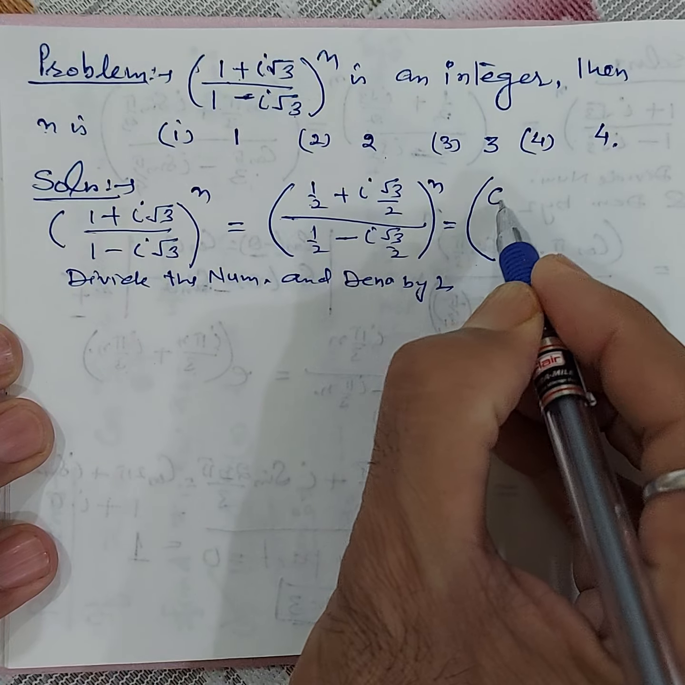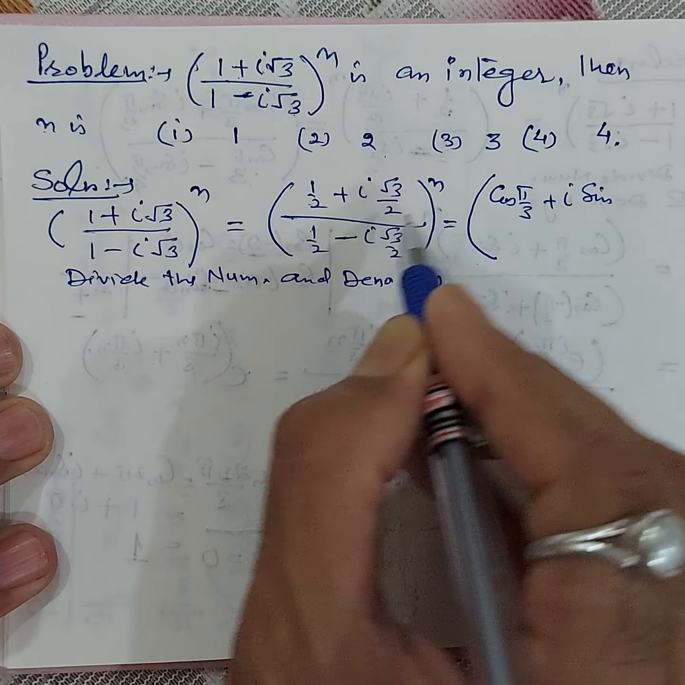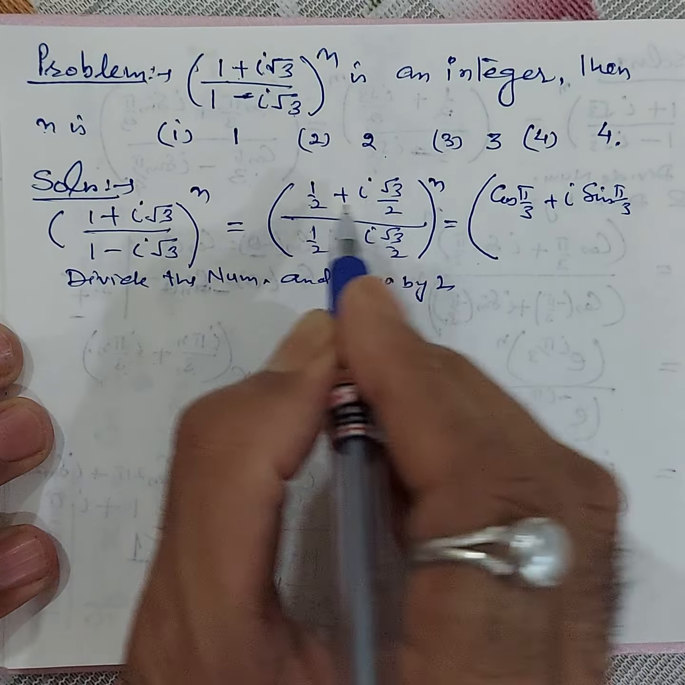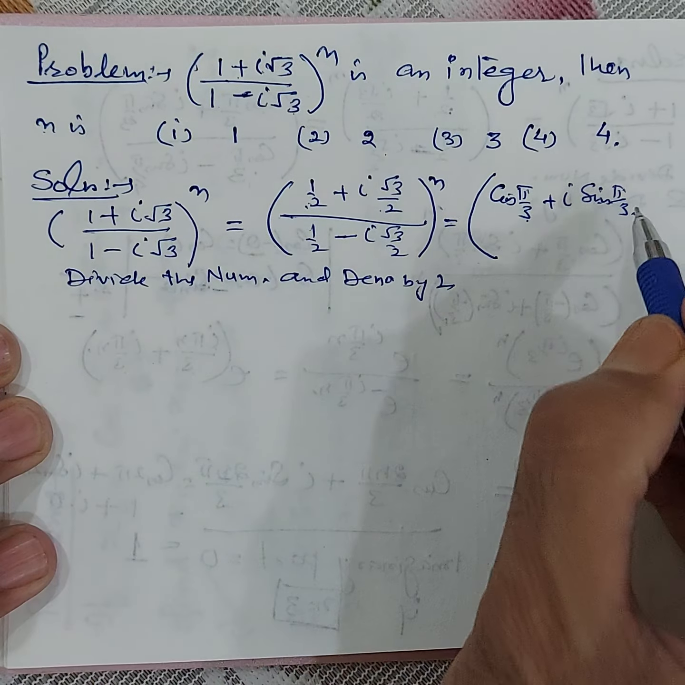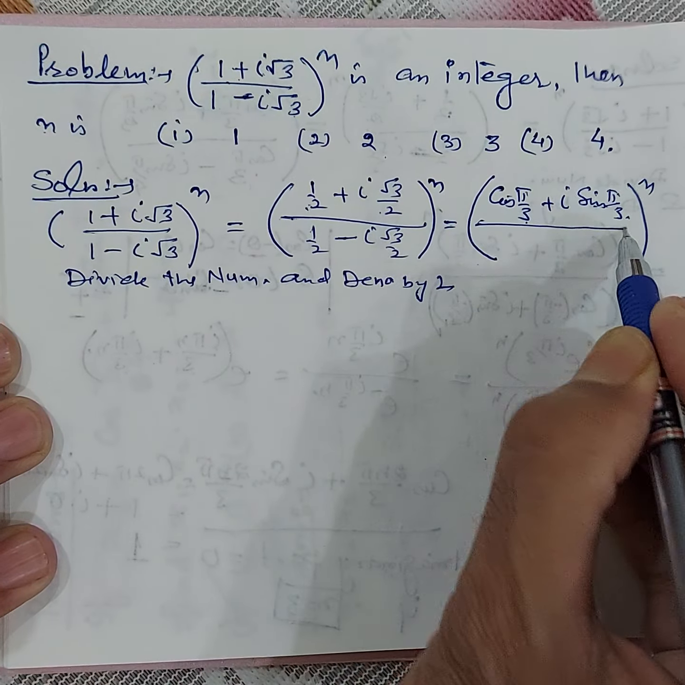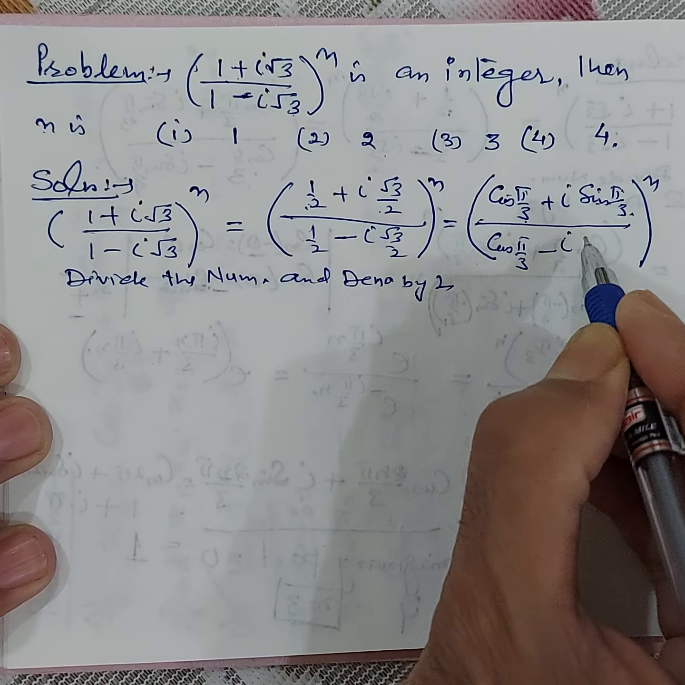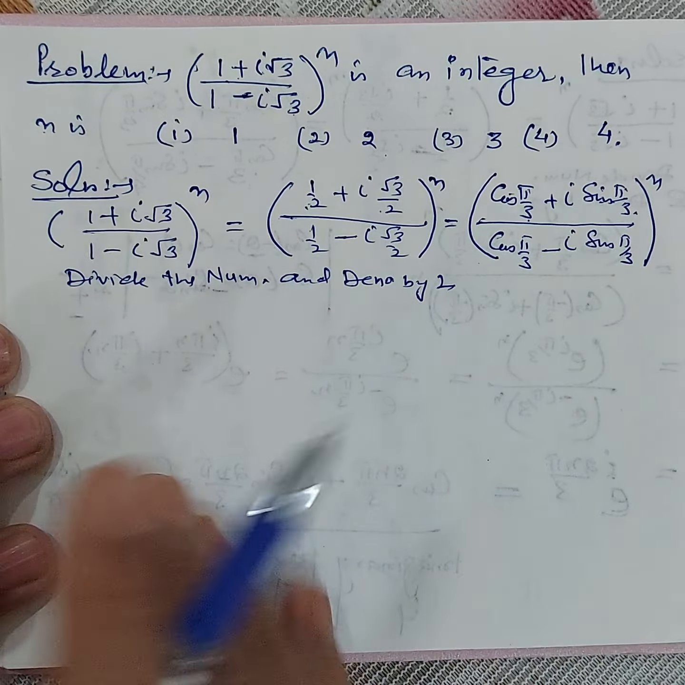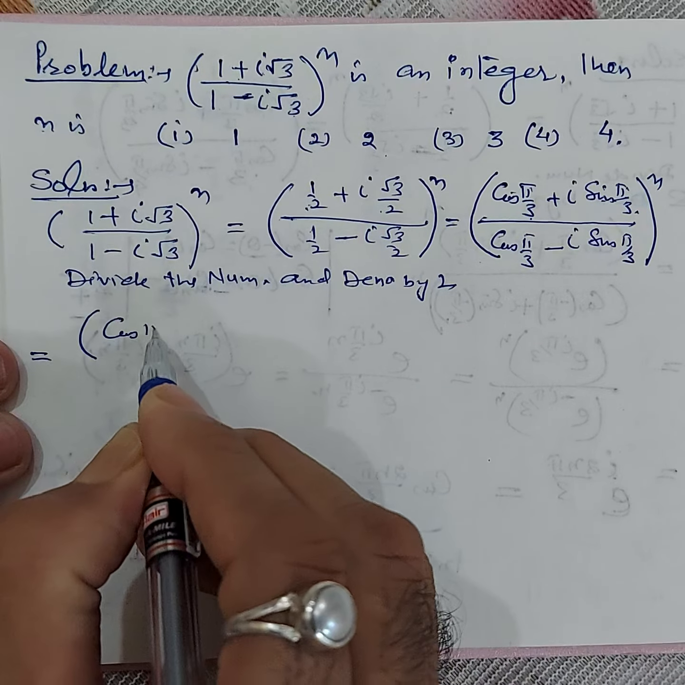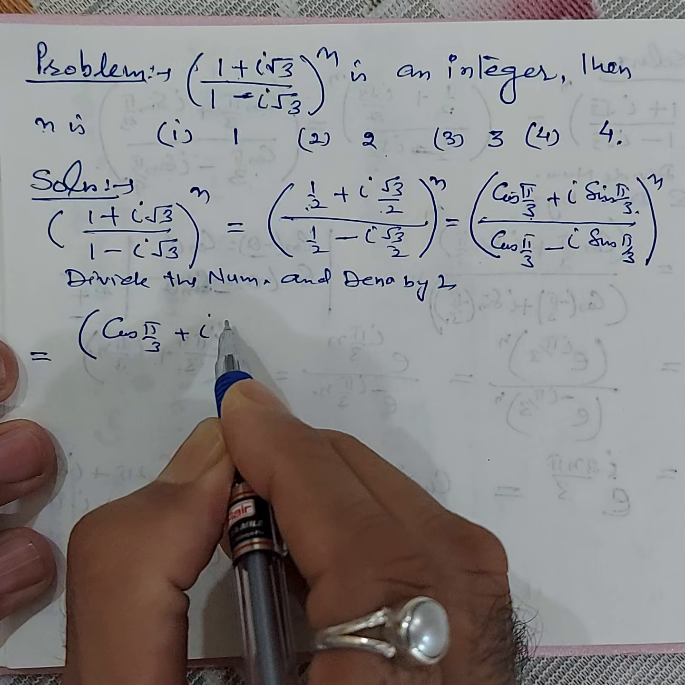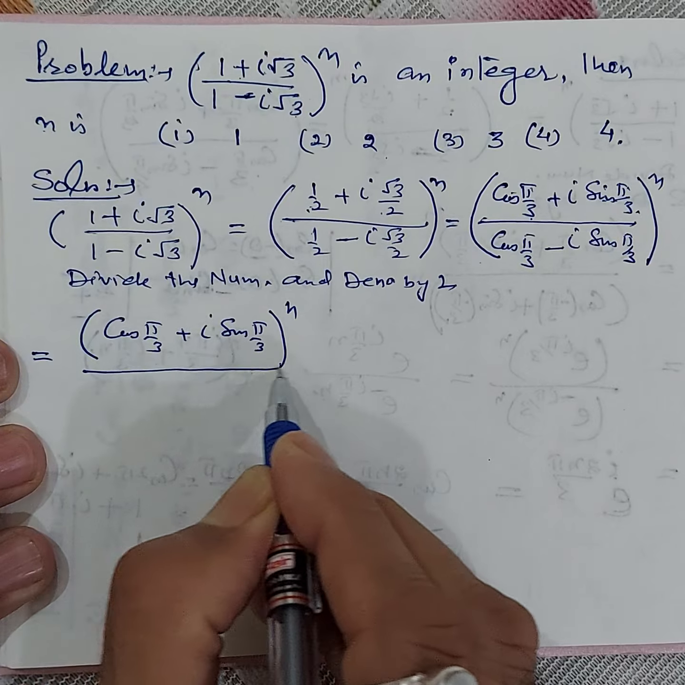Now 1 by 2 is cos pi upon 3 and sine pi upon 3 is root 3 by 2, which is the 60 degree value. Cos pi by 3 is 1 by 2. Sine pi by 3 is root 3 by 2. And here in the denominator also we have cos pi by 3 minus iota sine pi by 3, which is equal to cos pi upon 3 plus iota sine pi upon 3, divided by